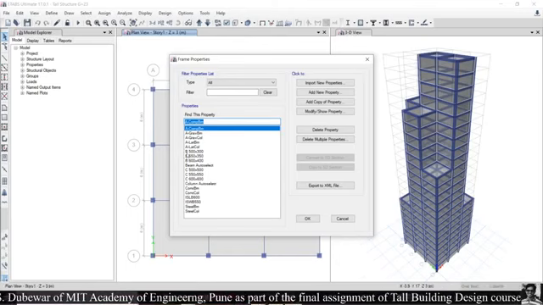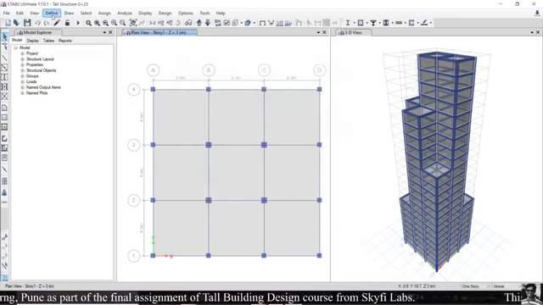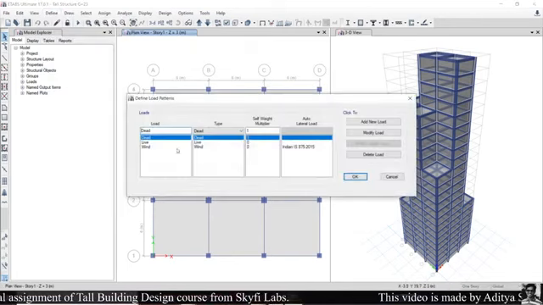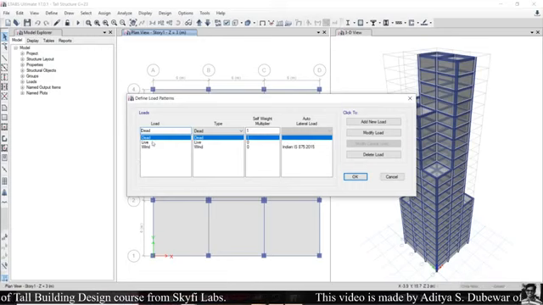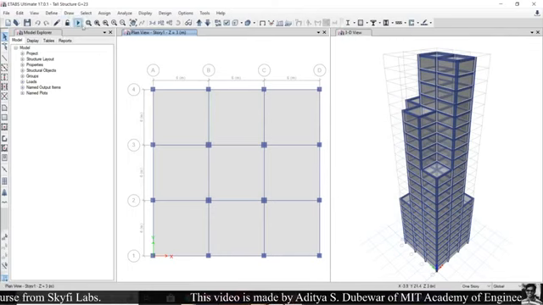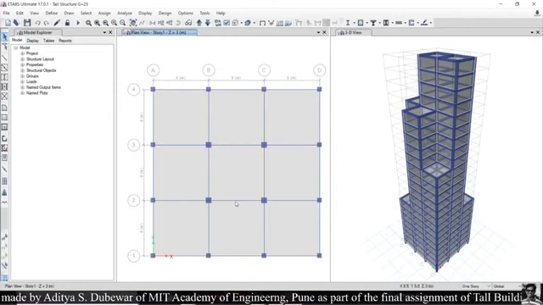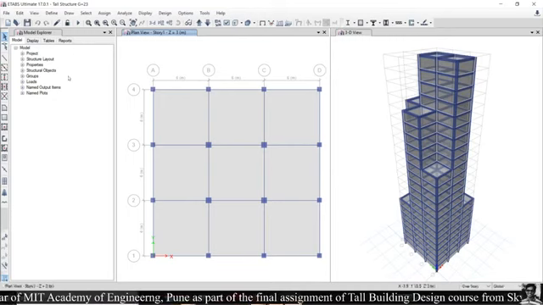For beams, I also added 3 sections, that are 500 by 300, 550 by 350, 600 by 400. After that, lastly define the load patterns, that are dead load, live load and wind load. Then for assigning, assign the different members for the structure, and assign the various loads, that are dead load, live load and wind load.